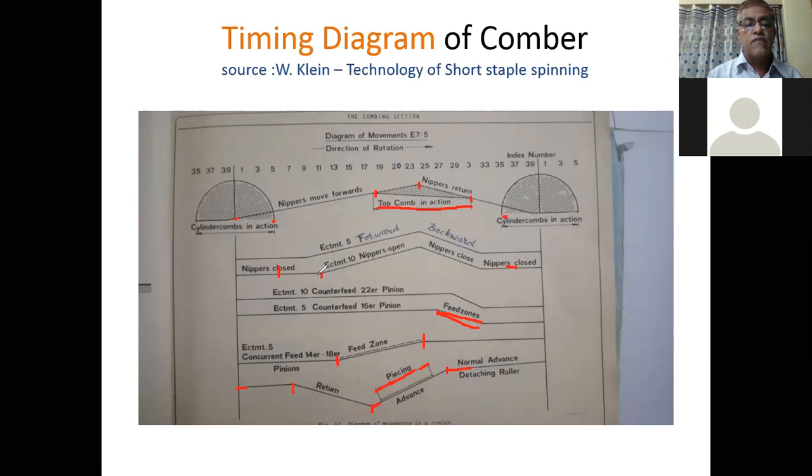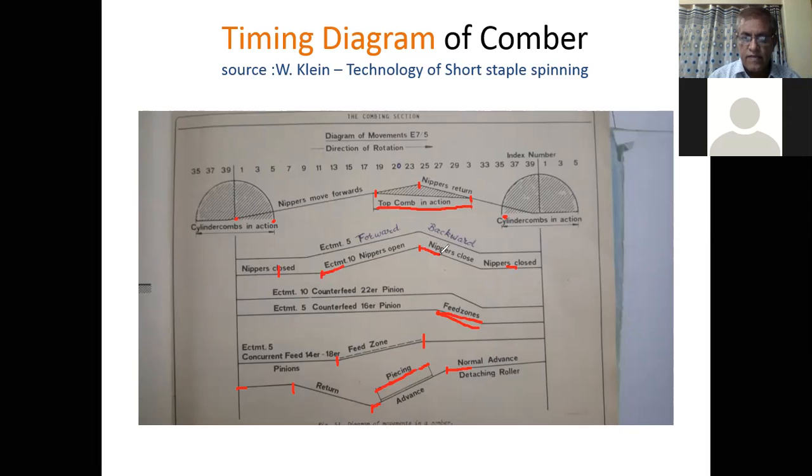They will start opening at index 10 and then they will open and move forward, and they will be at the most forward position at index 24. Okay. Then they will start their backward journey and the nipper will start closing, so that the nipper is ready for the next combing action by the cylinder comb.